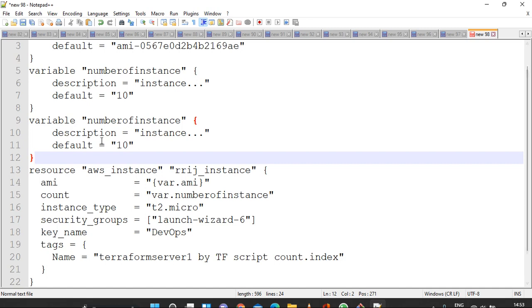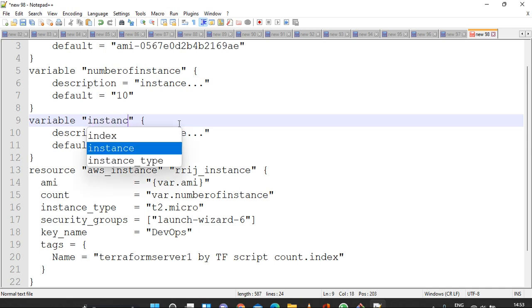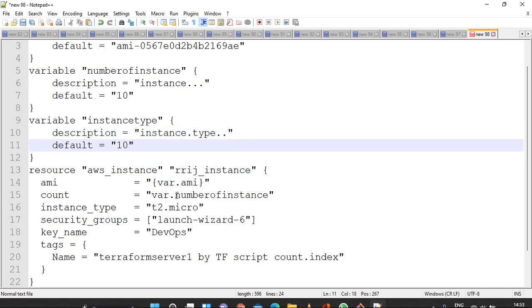Here I am writing instance type. The instance type will be t2.micro, so I will have to put that value here in the place of default.